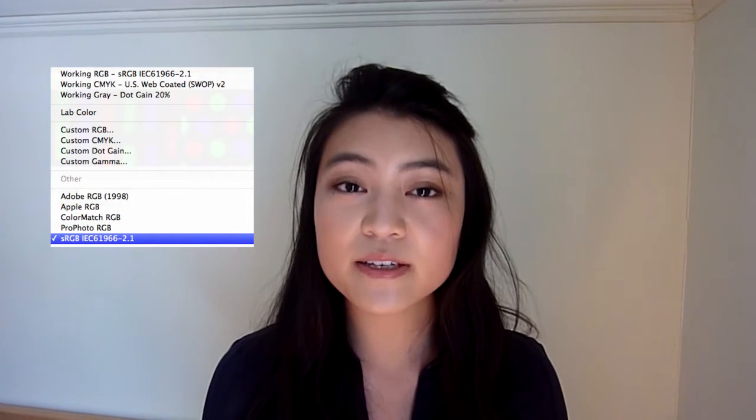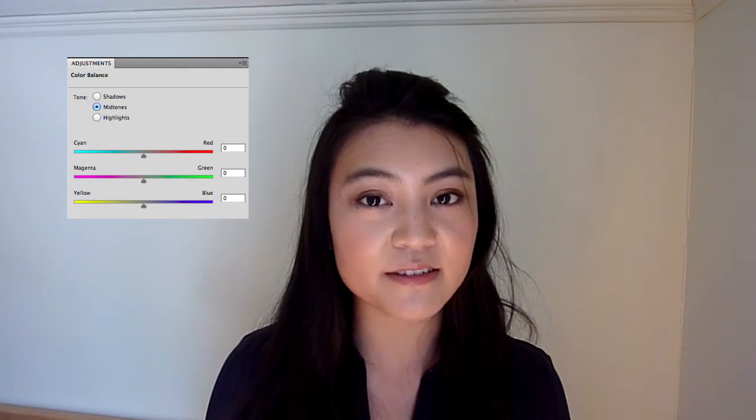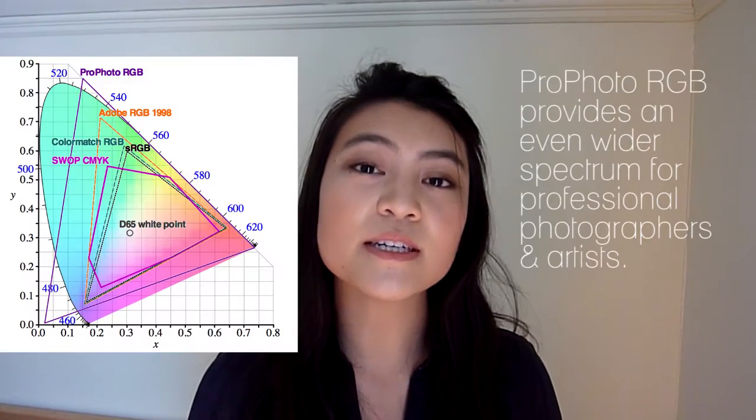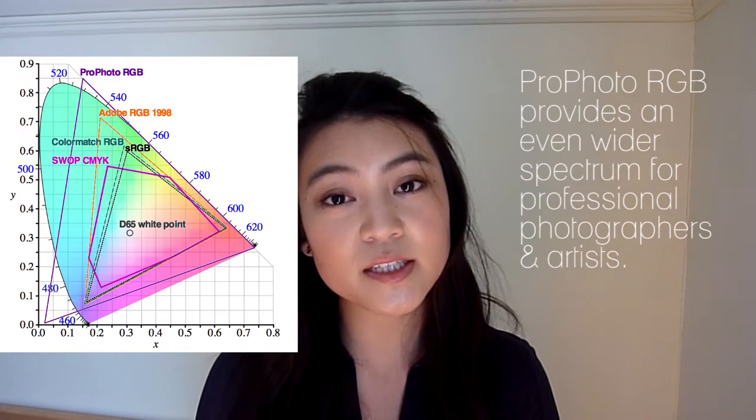But what's the difference between the 2 models, and why do we need both of them? RGB stands for red, green, and blue. CMYK stands for cyan, magenta, yellow, and key, which is essentially black. If you use Photoshop, you might have noticed that you can edit between the 2 color models, and you might have even noticed that they're on opposite ends of the spectrum when you go to color balance your photo. Both models will even provide a similar color range, but the reason you need both of them is because they're